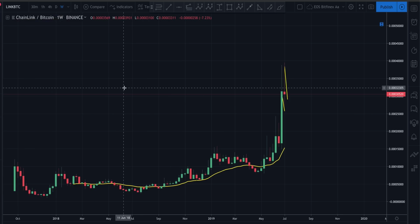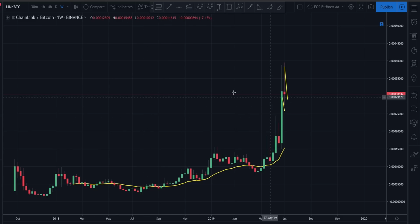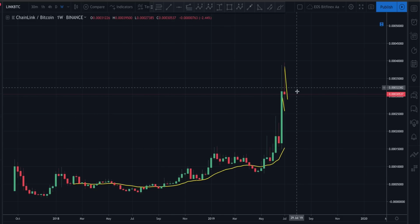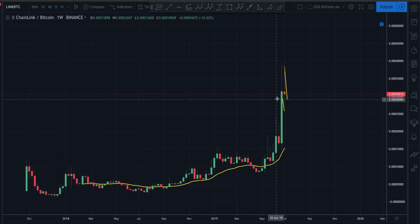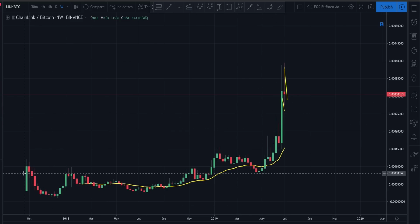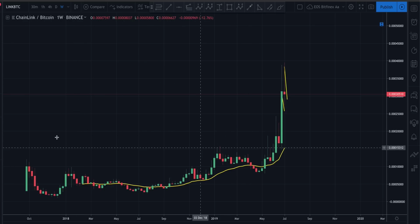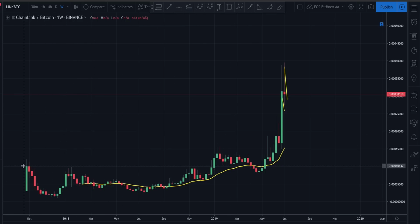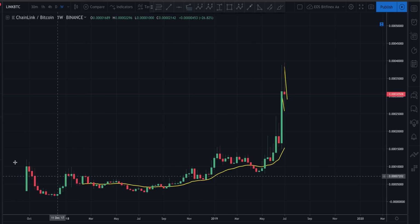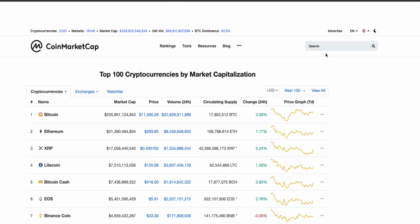All right, this is looking at Link to Bitcoin on Binance. I don't know if you wanted me to look at Link to Bitcoin or to USD. Either way, looking at Link to Bitcoin, this is one of your more bullish charts. Now, that being said, it does not have a whole lot of history here. I don't even know what Link is, to be honest with you. I don't own Link. I'm not even sure what it is. But I will say, for the very short history that Link does have, it does have an extremely bullish looking chart. In fact, I'm curious to see what...